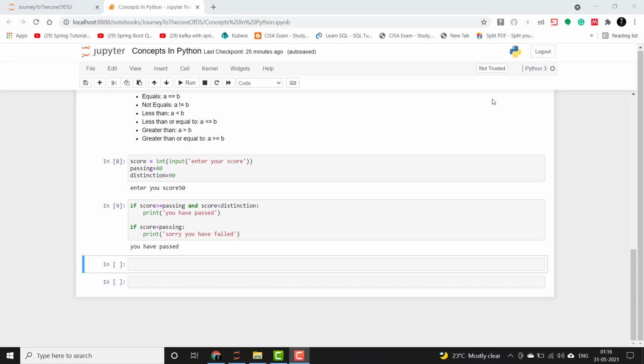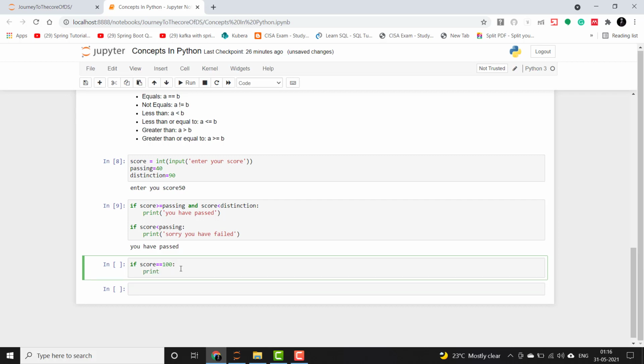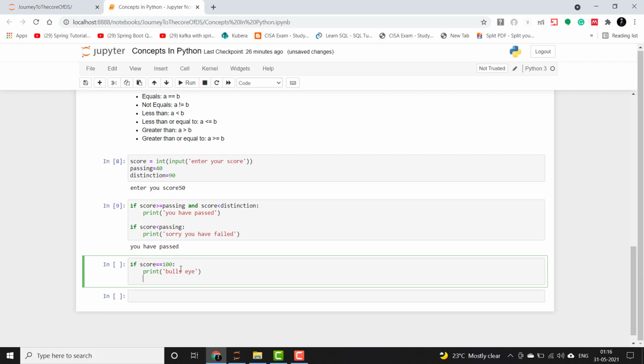So guys, let's say that we don't just want to print the result as passed or failed, but also print the grade as per the marks bracket. We will classify the grade as first class, second class, distinction, failed, and so on. Let me show you how to do that. If score is double equals 100, you will print bullseye because he has scored excellently and attained the full marks. Elif 90 is less than or equal to score is less than 100,